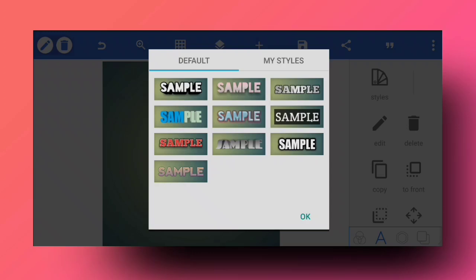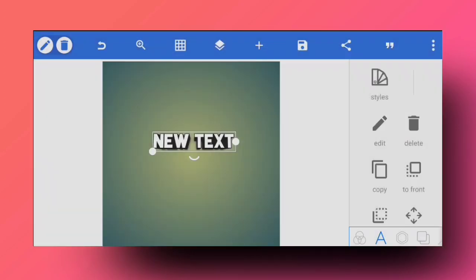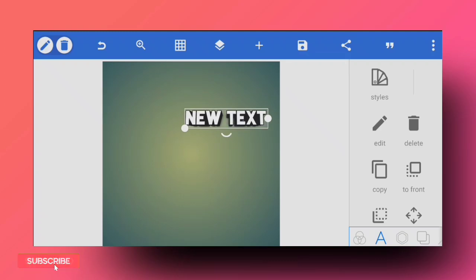If you click on any one, let's say I click on this one right here, it will be added directly. You don't have to add everything that was added into this effect. You just save the style of the text and you can add it multiple times, and you also save your time. If you've created any basic text style, you can save it into styles, and you can add it every time you want to. So maybe it's something that you have created and you want to save with text, you can do that right here.